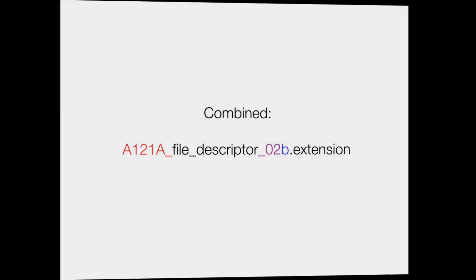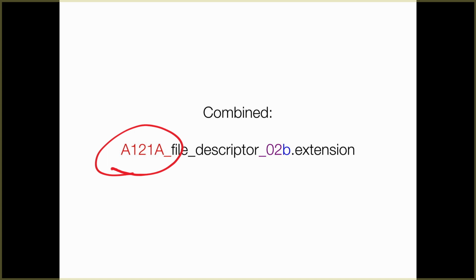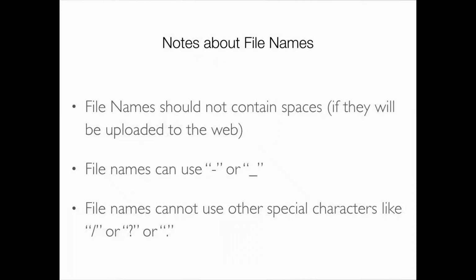So if we put it all together, in the front half, we have this designator that says what the class is. And at the back half, we have what version and edition this particular file is. And then you can put whatever you want in the middle. I could care less. So it's just a way of organizing your files and thinking about how you're naming certain things. A couple notes about file names.